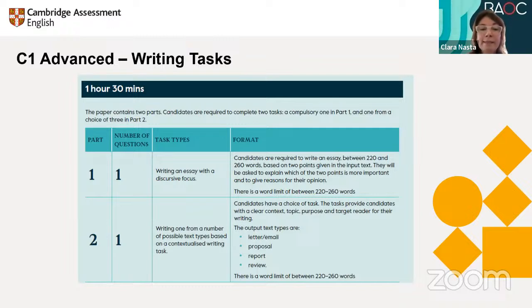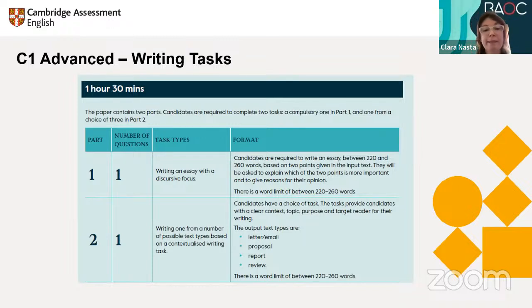Right? This is one of the points in which we can notice the more sophisticated ability that is expected of a C1 candidate, in the sense that they have to show their ability to, let's call it, play with ideas, be able to express them as precisely as possible with a more sophisticated level of command of structures and lexis, with more ambitious use of cohesive devices in the area of organization,